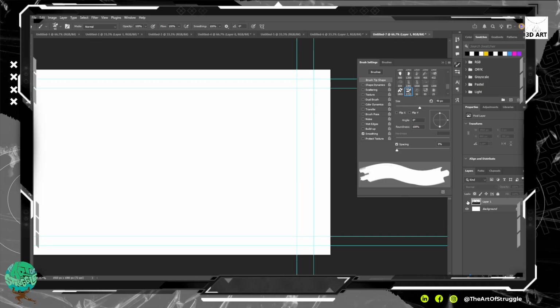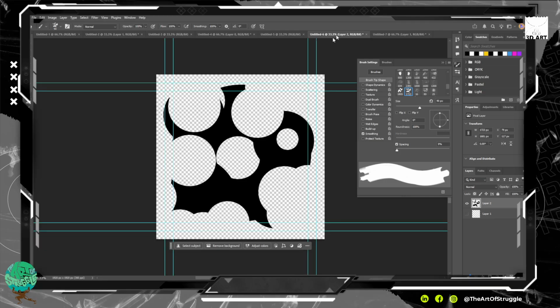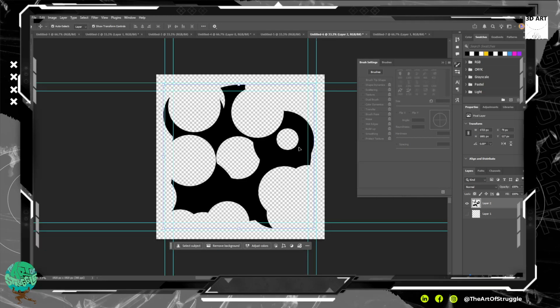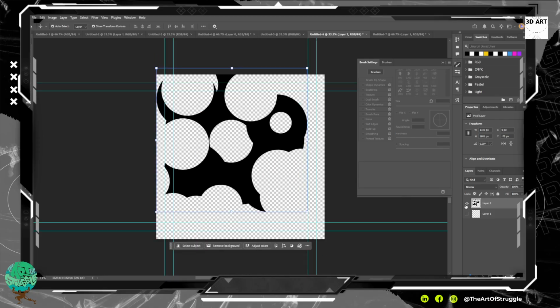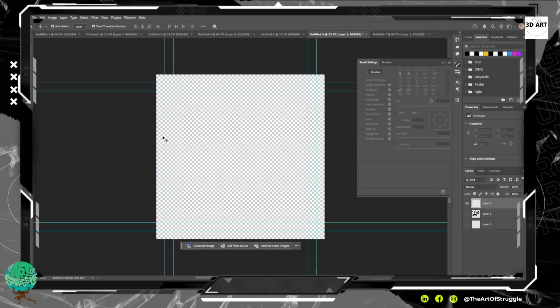So this is just one brush, and then you can just repeat that process, right? All right, so this is one way to make a brush, right? And then let's see. So the other way that I would go about making a brush, if I wanted to make a brush for